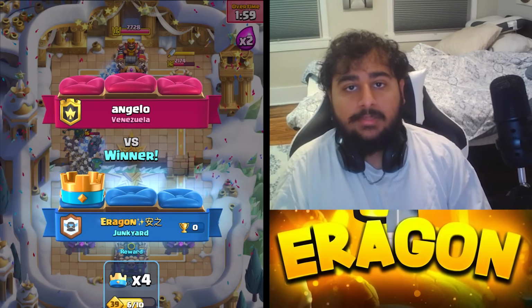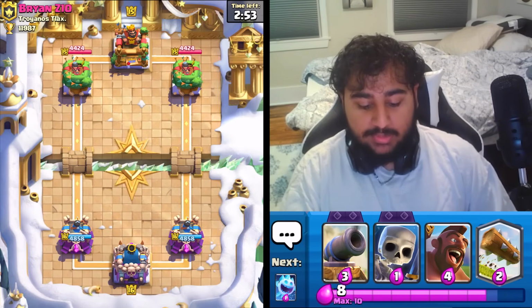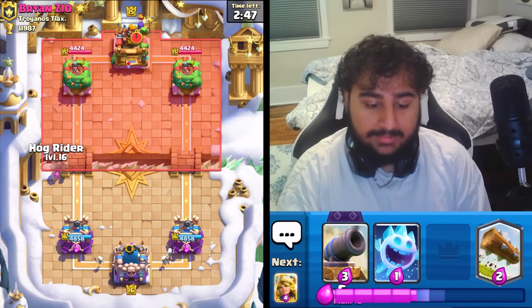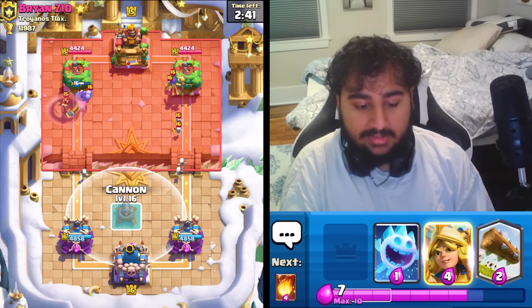And now let's hop into the best deck in the game. Alright guys, on to the most broken deck in the entire game. It is going to be 2.6 Hog. And keep in mind guys, I'm making this video before the Ice Golem hero is dropped. After the hero is dropped, this deck is going to bring up another pandemic. It's going to be Hog 2.6 pandemic in Clash Royale, and it's going to cause a lot of people to